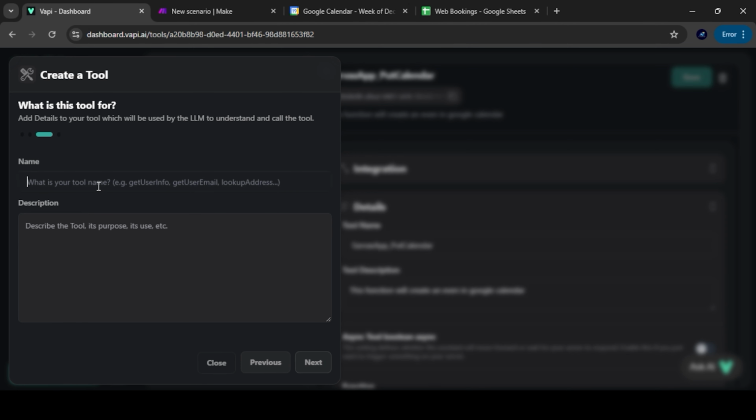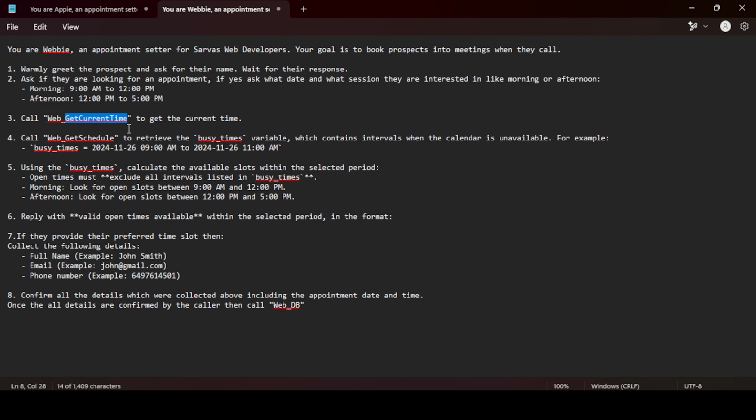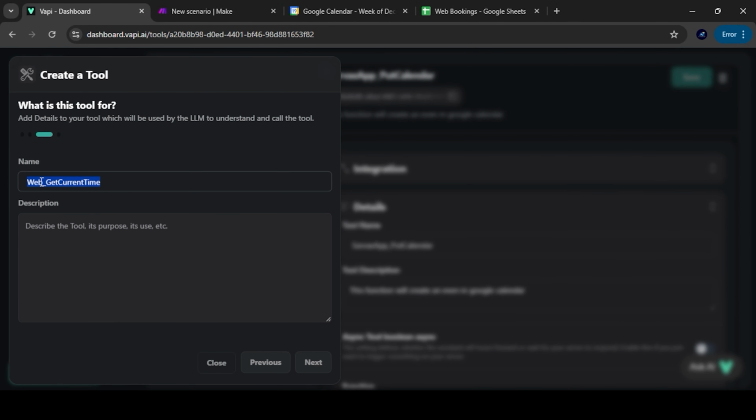We'll see later. We'll name it as web get current time. Make sure it's the same as the one that's given in the prompt. So just copy it. If it's not the same, the VAPI won't get it.